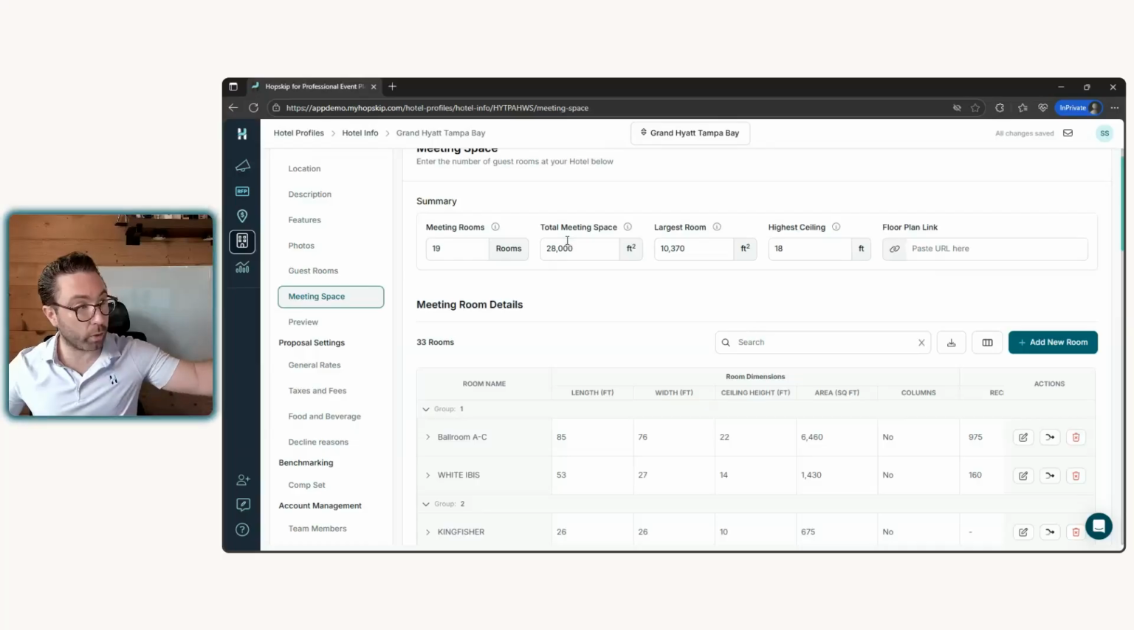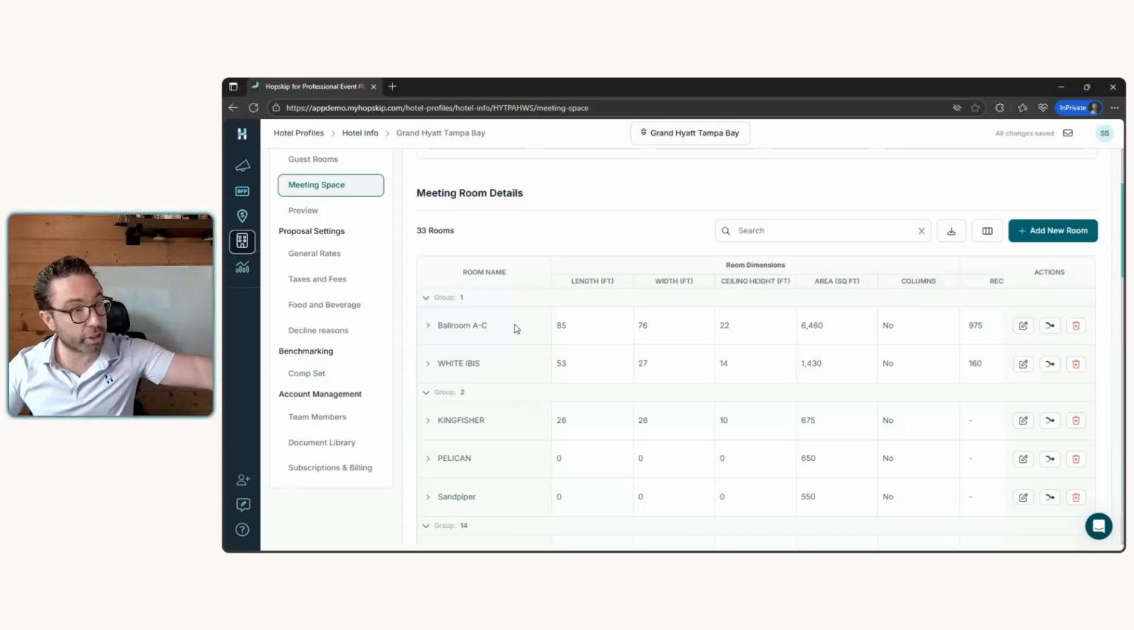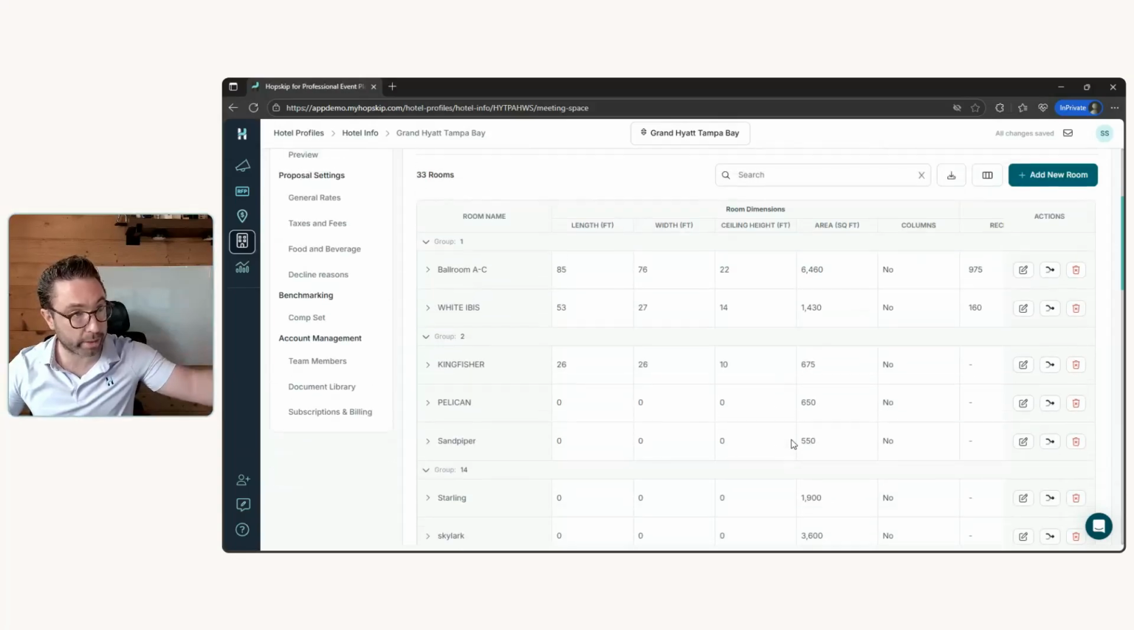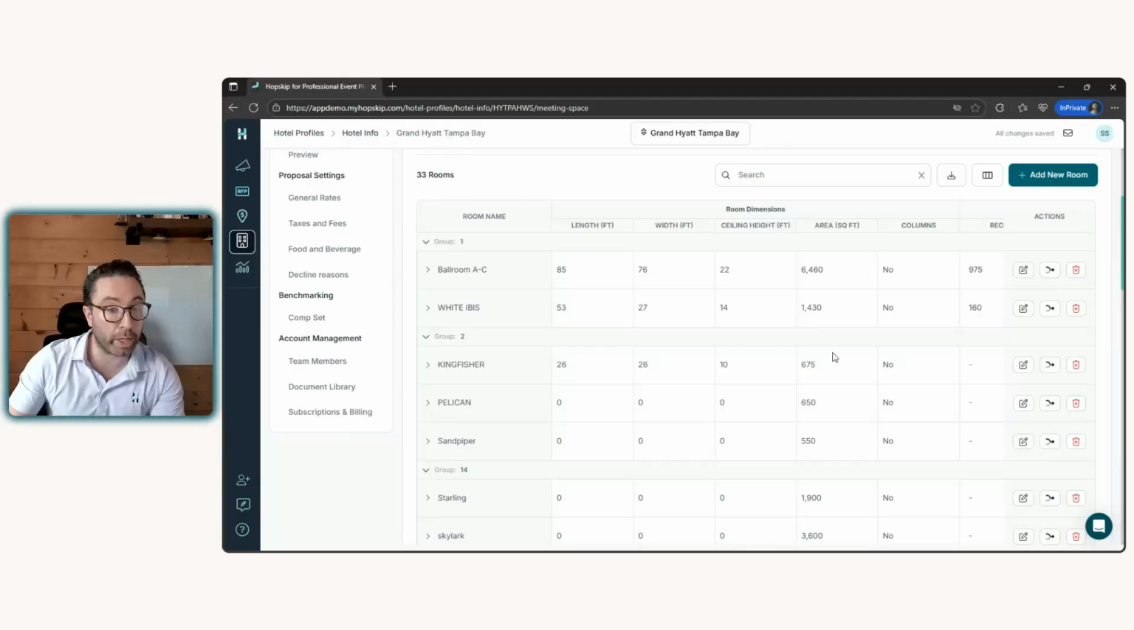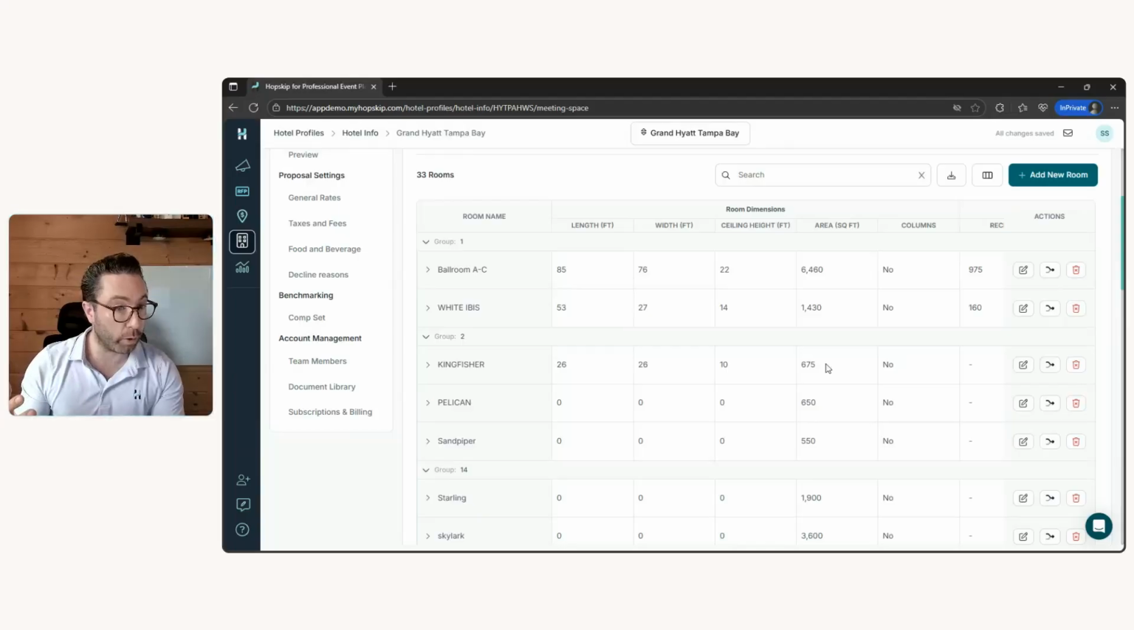So I definitely recommend you also come into this section of the profile, make sure that total number of meeting rooms, largest meeting space, total meeting space square foot, as well as, excuse me, the ceiling height in the highest meeting room is defined, and a virtual tour link or floor plan link if you have them. This section down here is where you're going to define your capacity chart. This is important because, again, we display this information to planners when they're searching for and reviewing potential hotels to